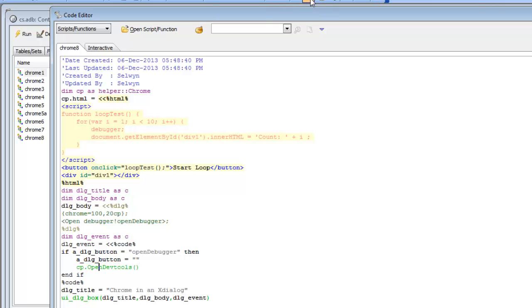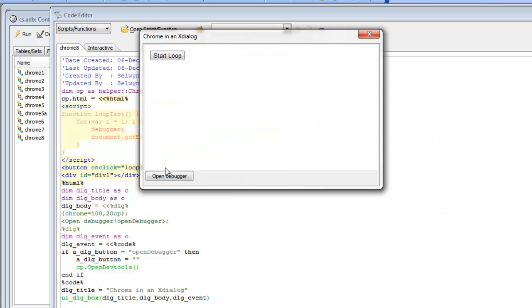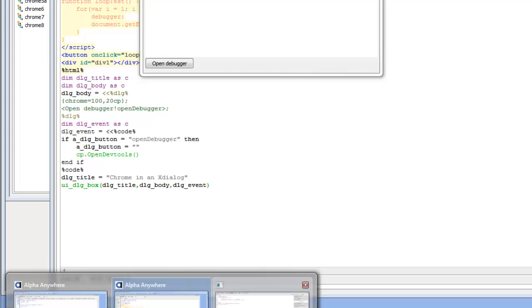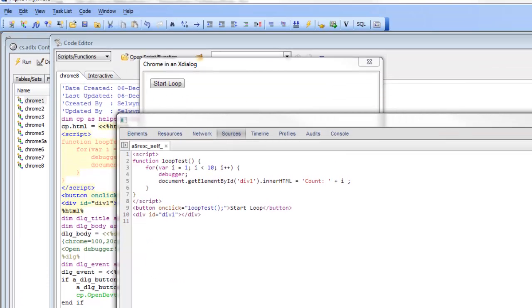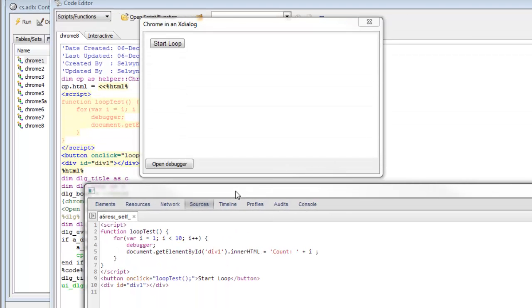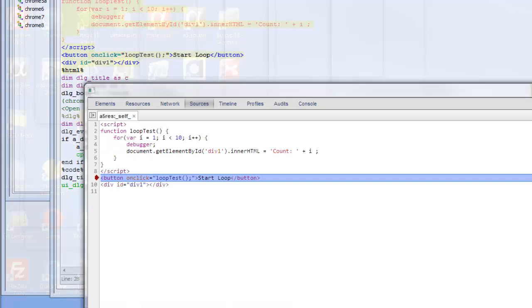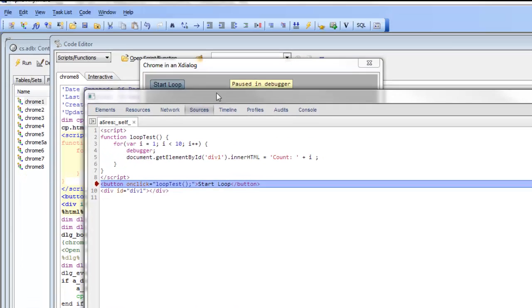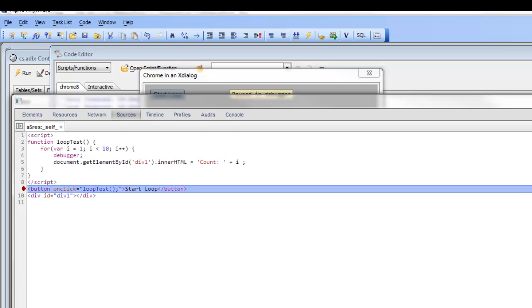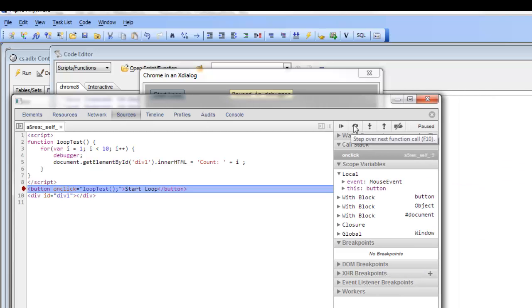So now let's go ahead and click the button to open up the debugger. That causes the debugger to open up and then basically go back to the background. So if I go back to my Windows taskbar over here, next to the alpha button on the taskbar, I'm going to have the JavaScript debugger available to me. And now if I go ahead and click this button over here and then give focus back to the debugger, I can see that I'm now paused in the debugger over here,